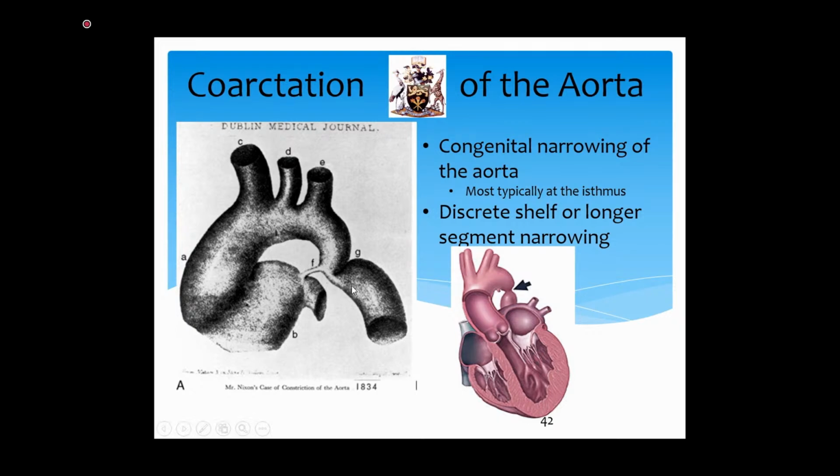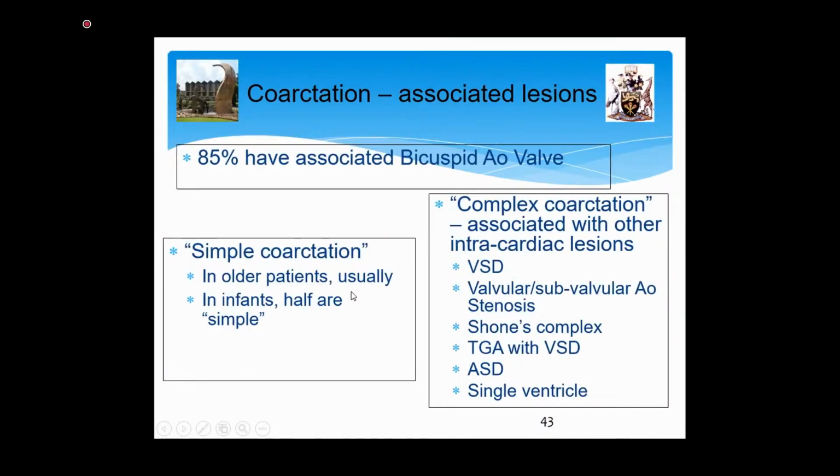It can be a discrete small narrowing, or it can be a long segment, or you can actually have complete interruption of the aorta where it's not continuous with the descending one. Most of them will be associated with a bicuspid aortic valve. Usually the aortic valve is trileaflet, but when it's bileaflet, we call it a bicuspid aortic valve, and it's associated with